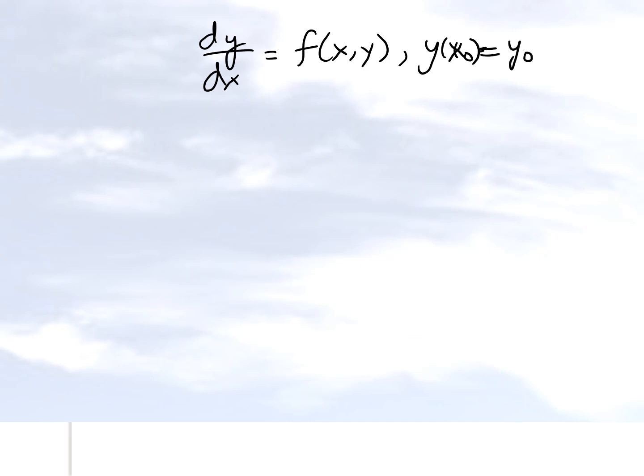So what that means is that it has to be a first order ordinary differential equation. It has to be written in the form that the slope of the dependent variable with respect to the independent variable is given as a function of x comma y. And then of course you have to have some initial condition so as to be able to solve for y